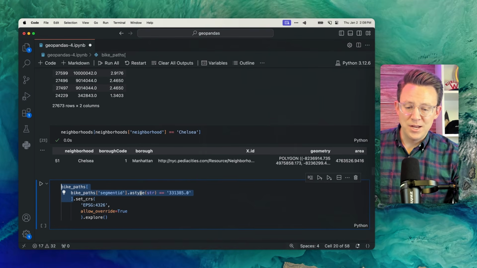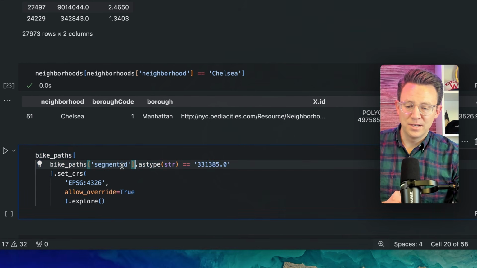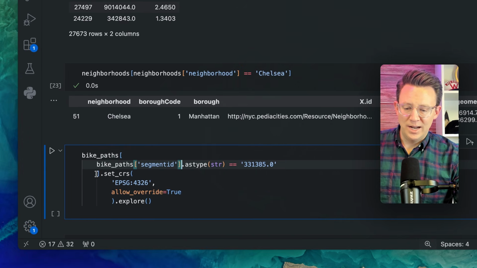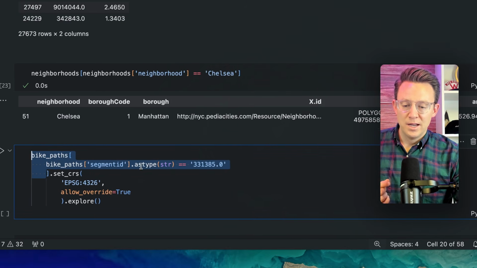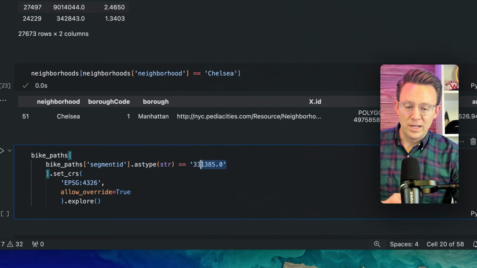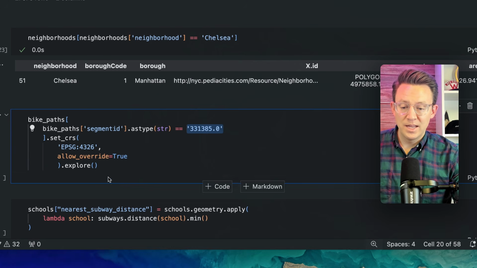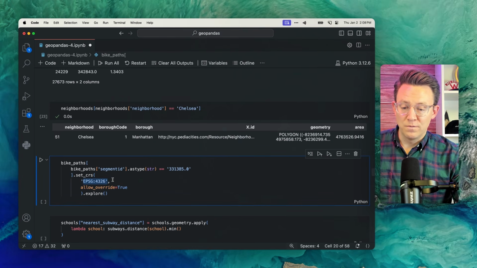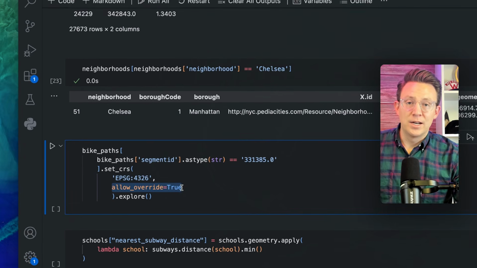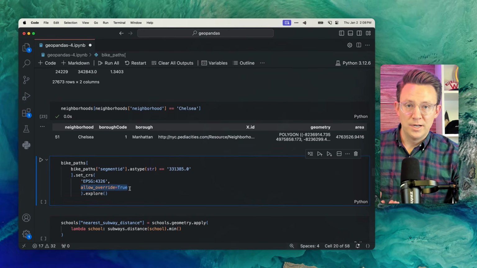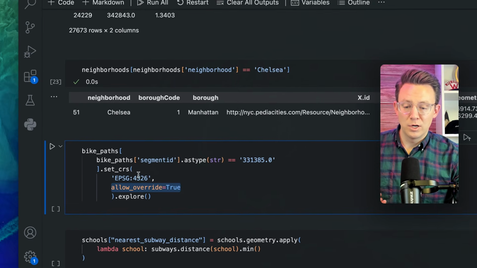I just have to change it to pull, because the segment ID doesn't store as a string for some reason. So this just had some weird data type issues. So I'm basically taking the segment ID, turning it into a string, and then evaluating it as a string here. Then I'm going to set the CRS here. I'm going to set that to 4326 to quickly map it. Allow the override so I can actually overwrite that geometry CRS, which is just another argument on this set